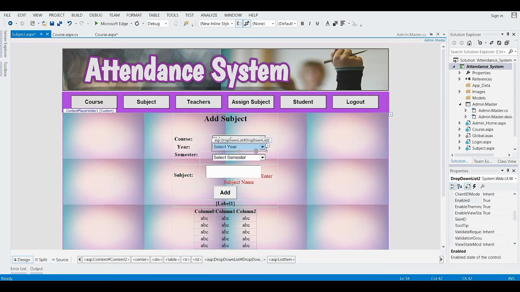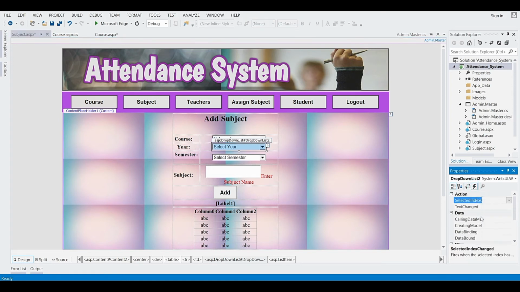Now in this drop down we have to give one event. So go to the properties of this drop down. Go to events.